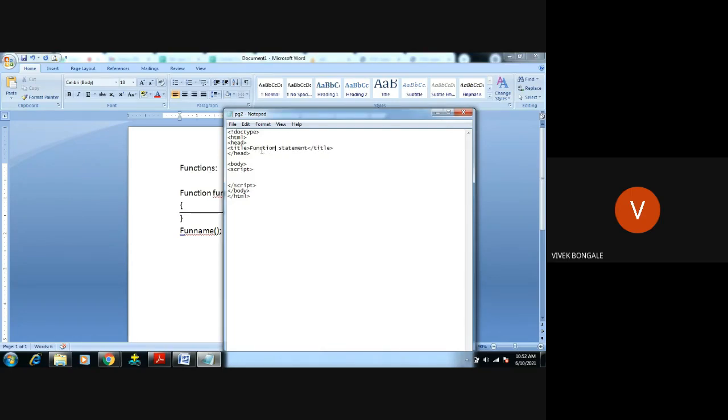Next, when it comes to the body, here we have to write. As I said, a function should start with the keyword function, followed by the function name. We'll try to do the addition of two numbers. Add, then the brackets, then open the brace, and write the statements we want to execute under this function add.